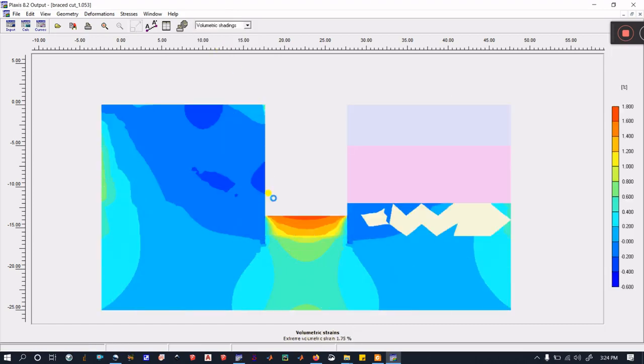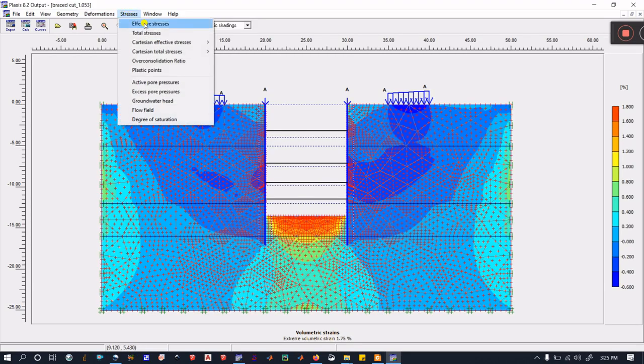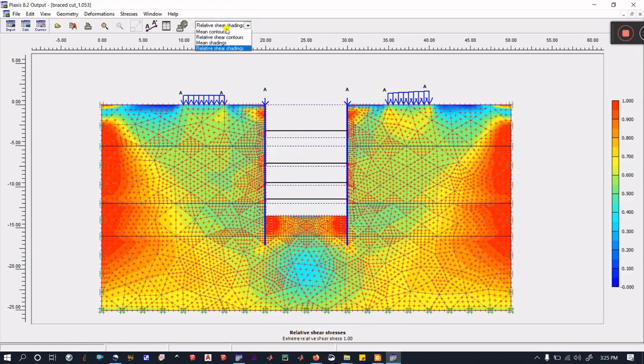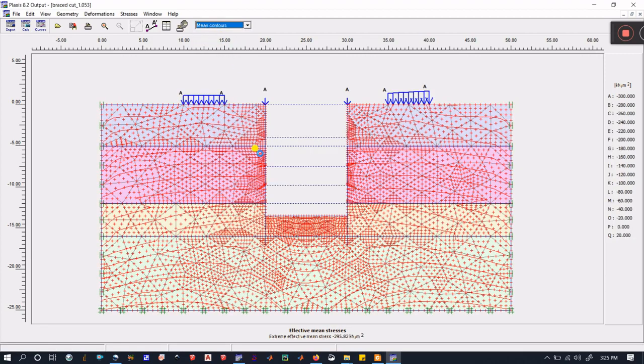You can also see it as a volumetric shading, like a color plot of strain, and you can see effective stresses and total stresses, and you can see them as shading also. You can see as contours also. So in this way you'll see that Plexus provides different types of options for how you can look at the results.